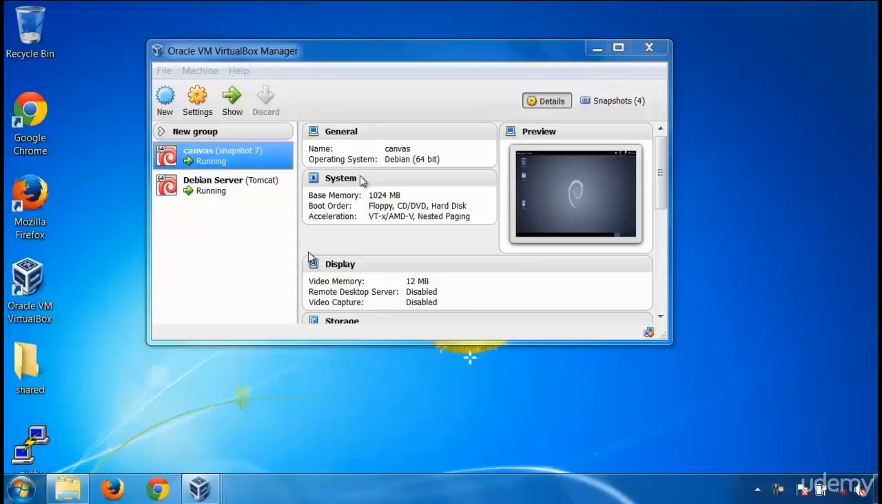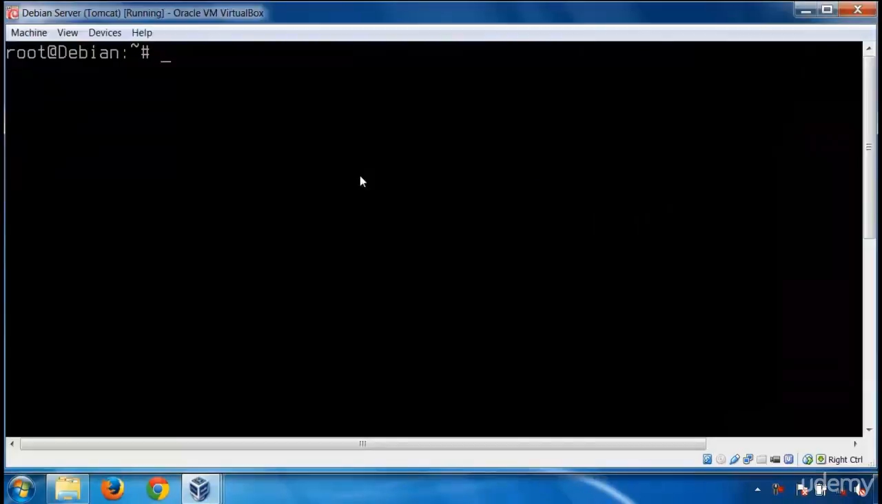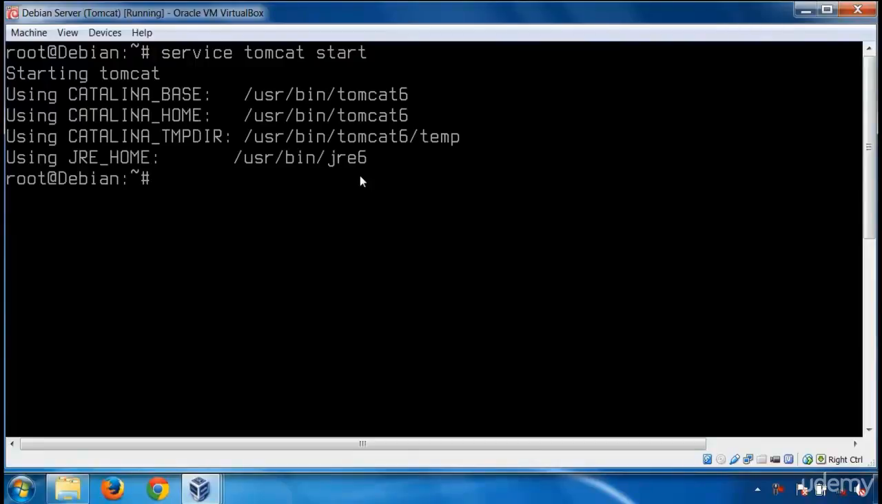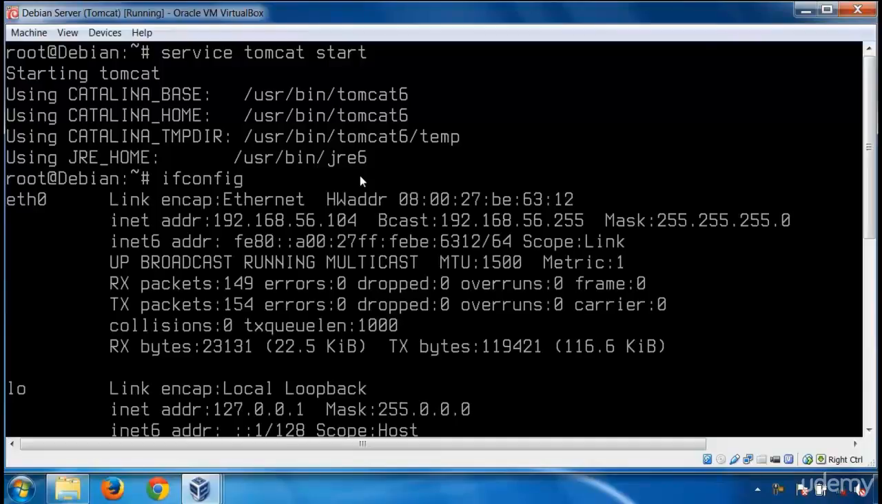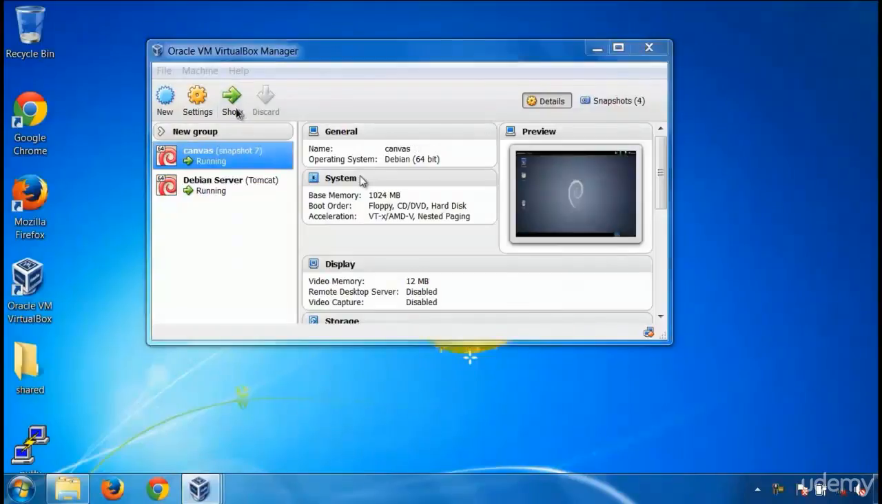In this section, we're going to be seeing how to create and deploy a WAR file in a compromised Tomcat server. So we have a Debian server over here, and we're going to start service Tomcat start, and this is going to start Tomcat. And let's find the IP address by typing ifconfig, and you can see the IP address is 192.168.56.104. So let's go to our Canvas computer over here,